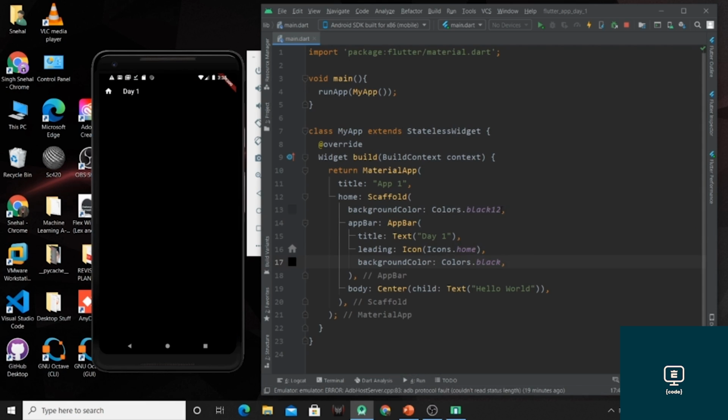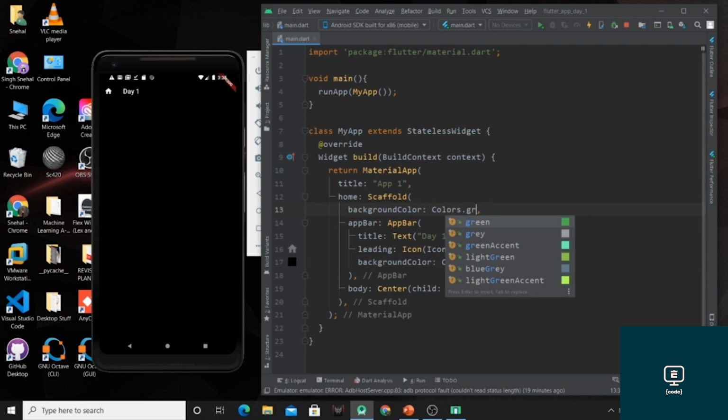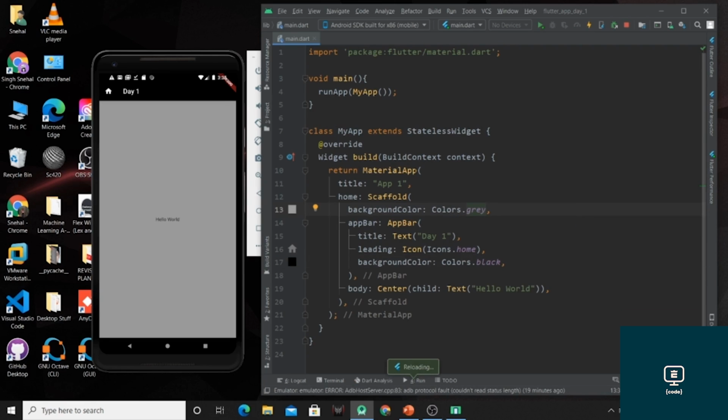So I have mentioned all the colors, so let me use this gray color. So here is the color of our app bar is black, and the color of our body is gray, and inside that we are having one text at center which is having color black by default.